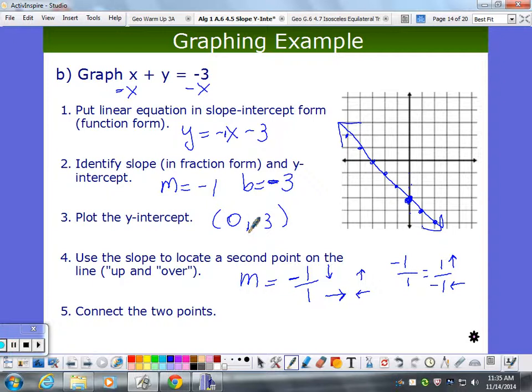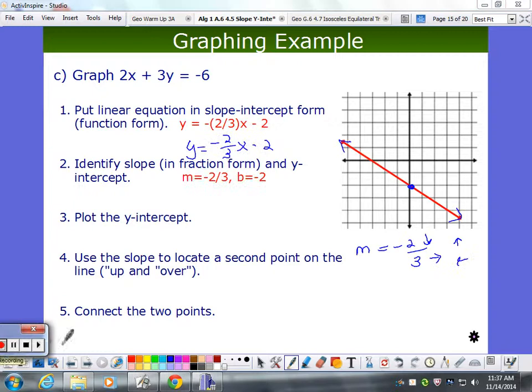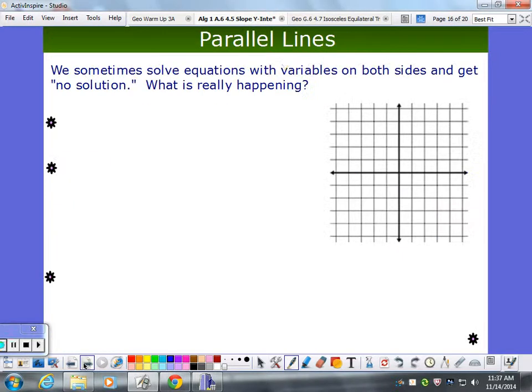Okay. I want you to try this third one on your own. Give it a try. One thing we didn't get to, which is parallel lines. We will go over this next time. You don't have to do the question with parallel lines, but if you want to try them, the quick word